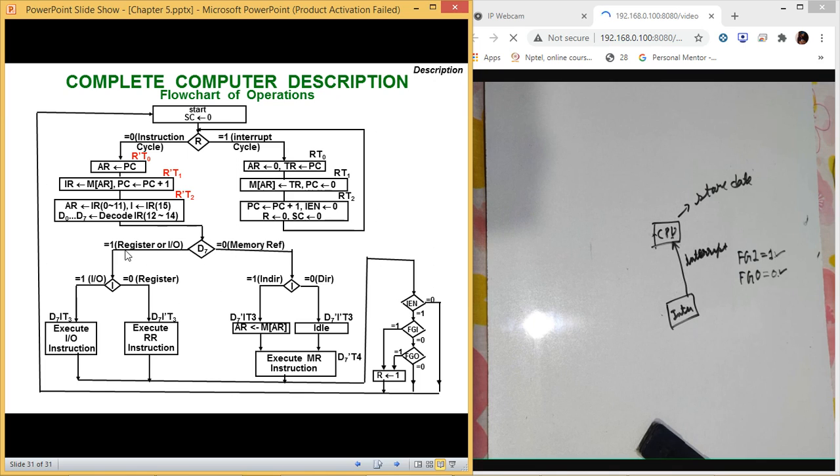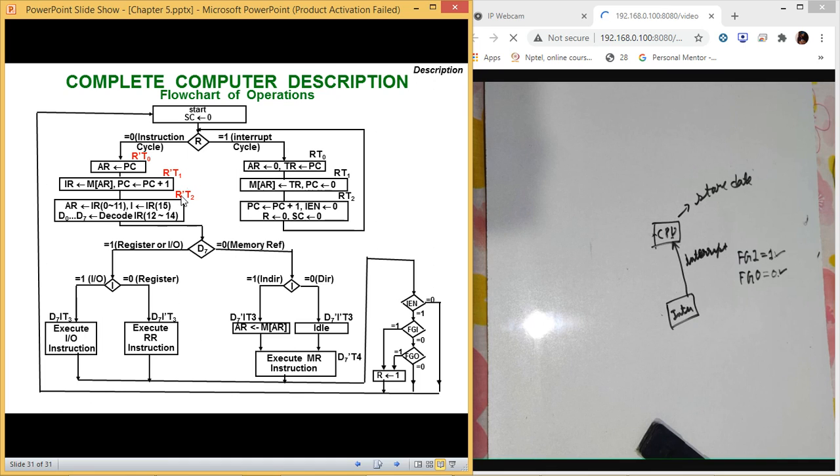Now execute can be either a register reference or a memory reference instruction. In a memory reference instruction, it can be either an indirect address or a direct address. If it is indirect, we are going to fetch the data from memory to the AR. If it is direct, it will remain idle at this place and then execute the instruction.